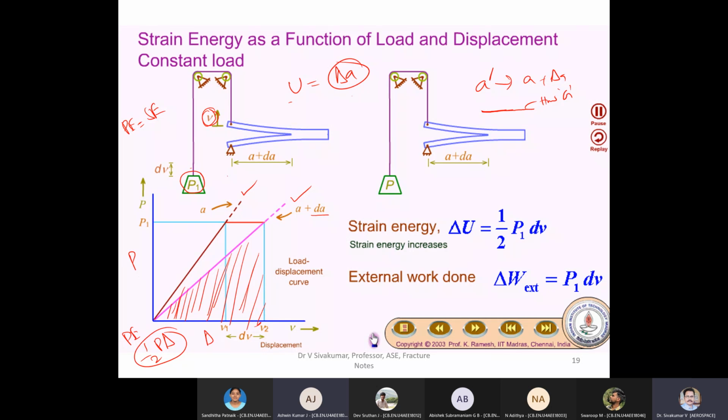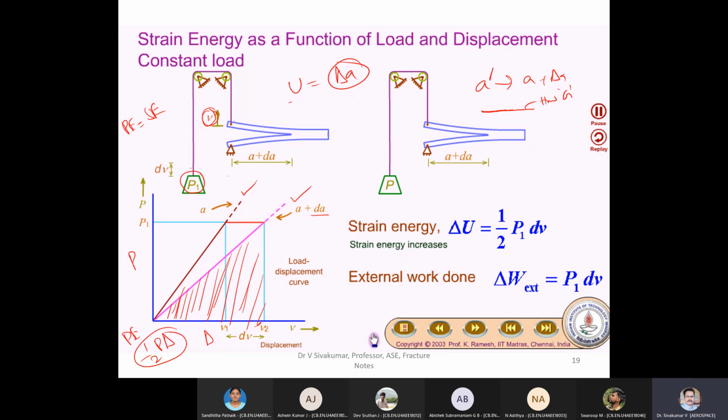For this structure, always, in the linear regime, potential energy is equal to strain energy. No other way. Both are interrelated. You can't expect something else because here it is a pure conservative system. There is no other energy dissipation, no dissipation. That is why potential energy is straight away equal to strain energy. Ultimately, we are going to find the strain energy, but through potential energy.